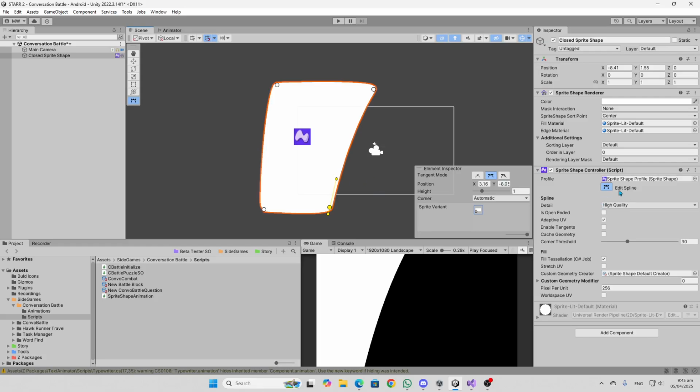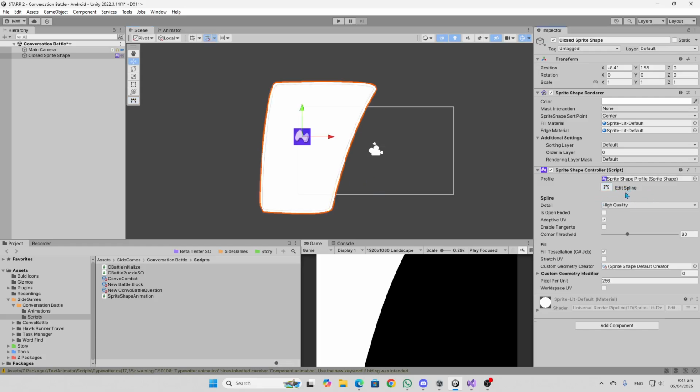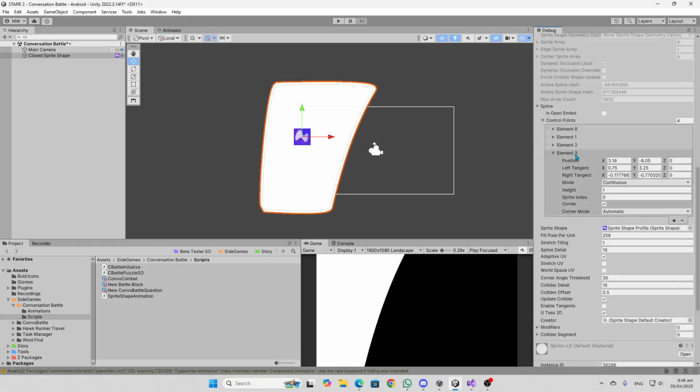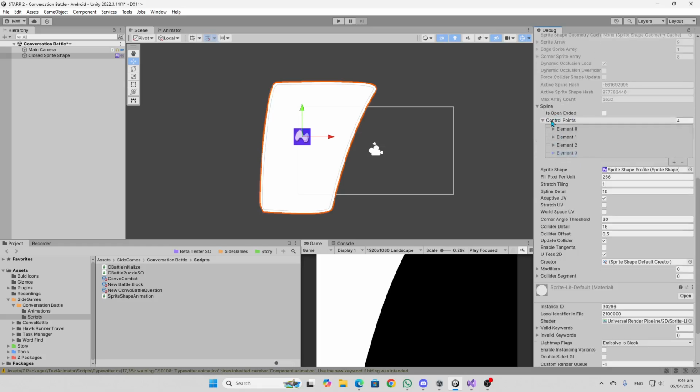because even though I can grab the spline points, like I said, in the animation, we cannot access those spline points. In fact, if you look here, you can't even find where they are. Normally, if you create a polygon collider, you can see all the points. In this case, we can't see any of the points, and there is more detail than just their positions. So to find that, let's go to debug mode and scroll down, and here we can see all the points